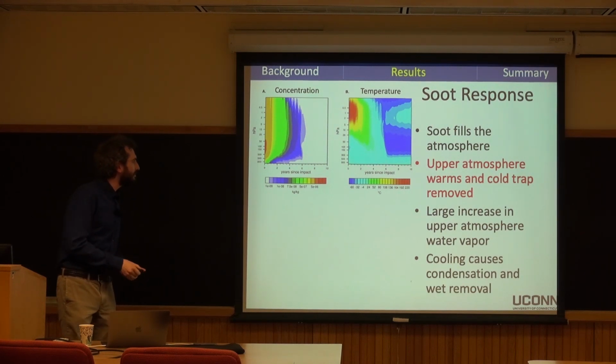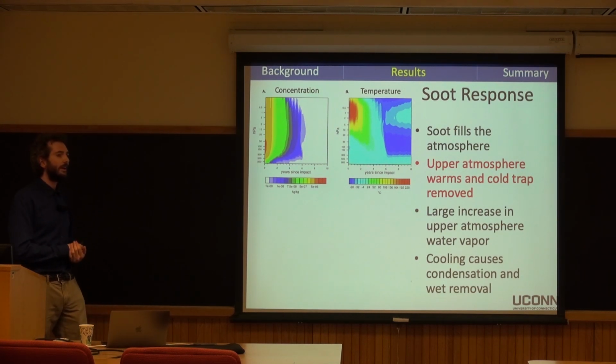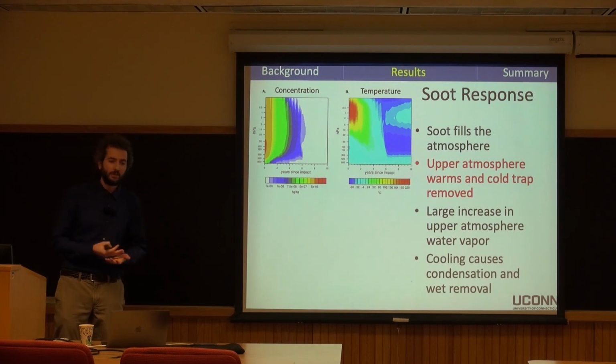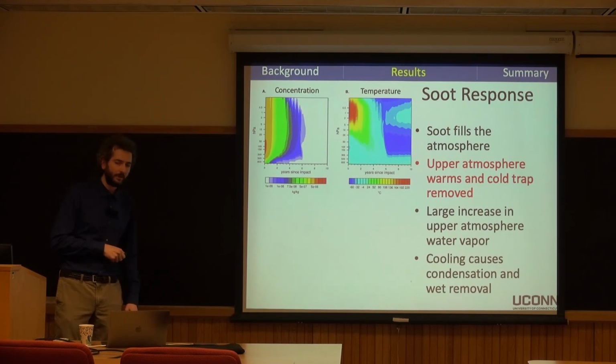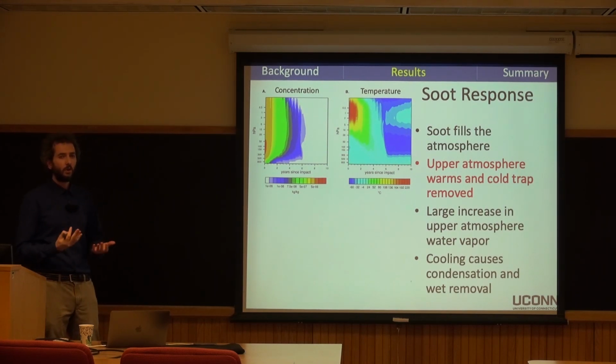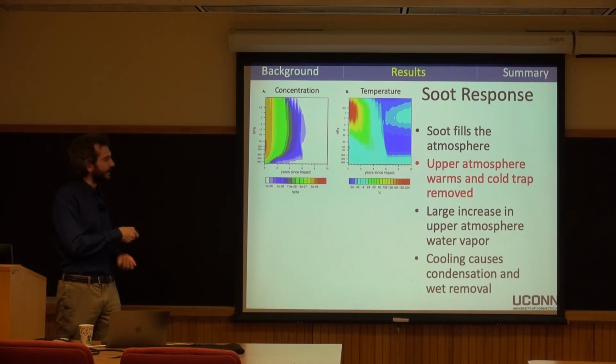Well, it involves a series of feedbacks. First, when you have the soot being this very good absorber of the shortwave radiation, it's able to heat the atmosphere, and that's part of the reason why it gets self-lofted up into the upper levels of the atmosphere. So here I'm just showing temperature through time of the atmospheric column, and you can see that the soot is significantly heating the upper atmosphere, and that heating gradually goes into the lower levels of the atmosphere. And in doing so, it removes the cold trap that's typically in place in the stratosphere.